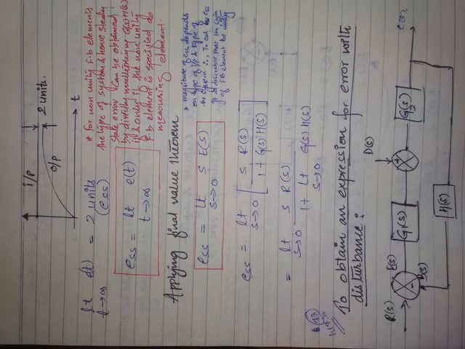So that is the reason why, when you are calculating steady state errors, it is always desirable that this H of s should be 1. If H of s is 1, then it will satisfy the steady state error requirement, which says the magnitude of steady state error is the difference between input and